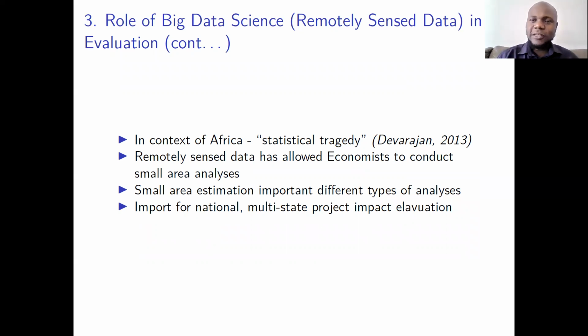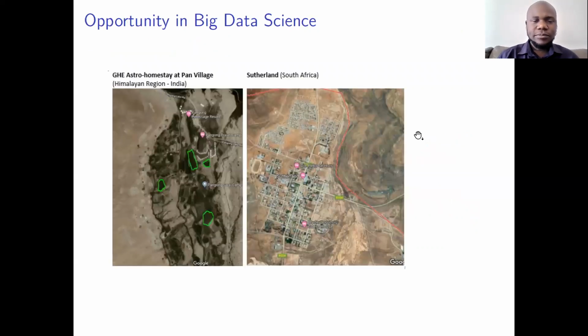It allows economists and other social scientists to conduct small area analysis to evaluate policies, whether agricultural policies are having the intended effects. We can just use some satellite data, use machine learning, and we can actually get some data on crop cultivation, and we can see what's happening at the community level. So this is actually science. This is important, and another important role that's played by science.